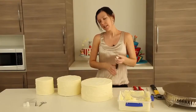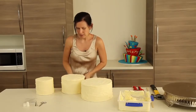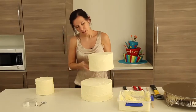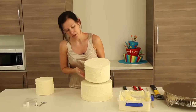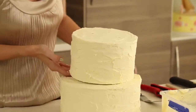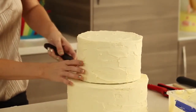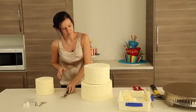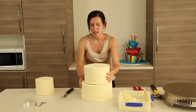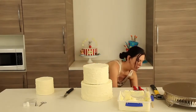All right, now using a spatula, we're just going to slide under our cake. Now we're just going to eyeball where it goes. We know we have about 1 inch on every side, but we can always move it forward a little bit if we need to. So we're just going to stay back a bit, use our spatula and slowly lower it down, and then pull your spatula out. And we're just going to give it a little push forward and a push to the side. Okay, now we can grab